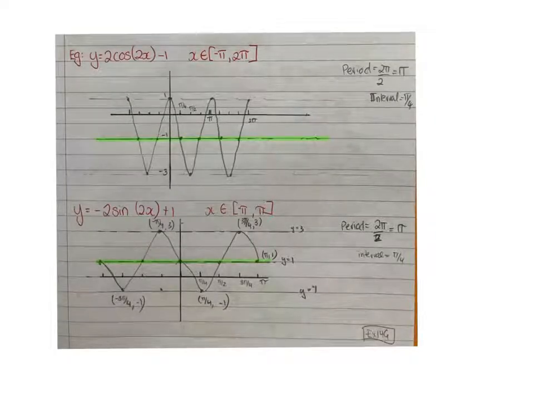Okay, so here's a couple more examples that you can look at. So this is telling you the domain, telling you how long to graph it for. So you've got to go up to 2 pi. You can see I've calculated the period here, I've worked out the intervals, and I've popped it in. It has an amplitude of 2, but it's moved down 1. So you can see the 1 is like the 0 line. So if I go down, there's the 2, and there's the 2 there. Okay,